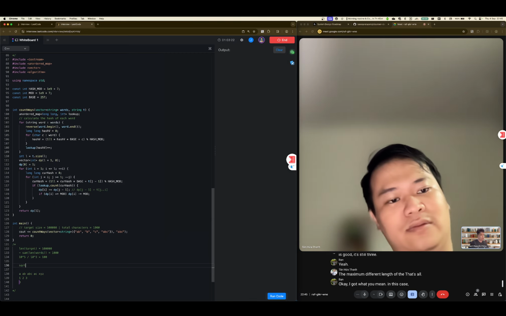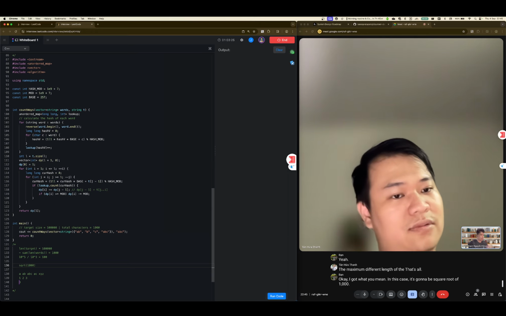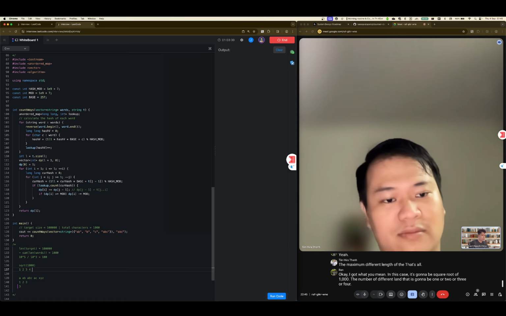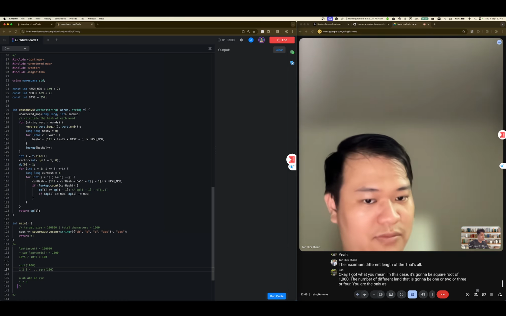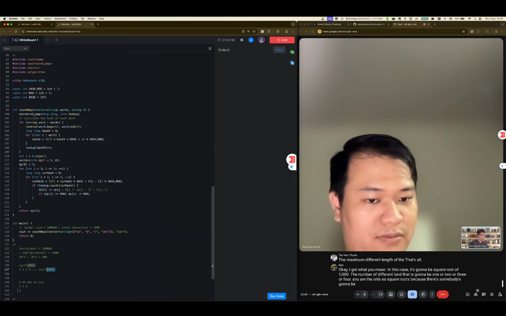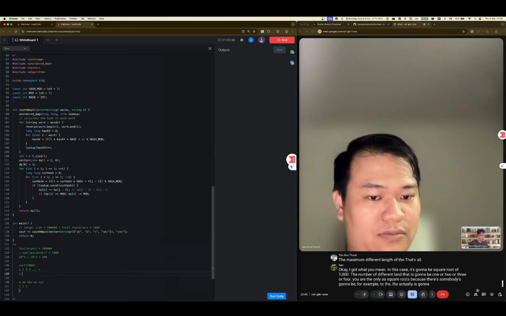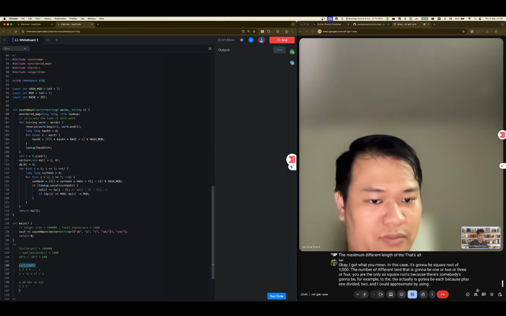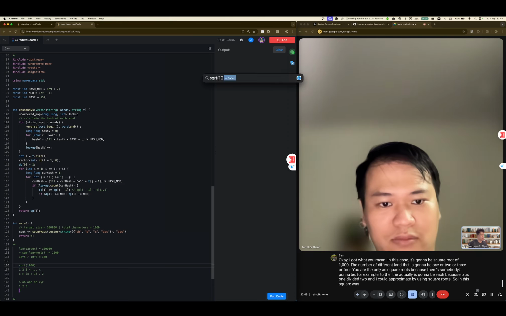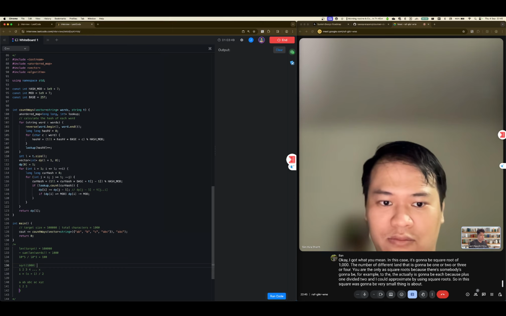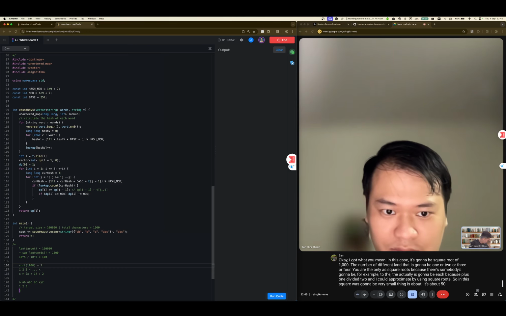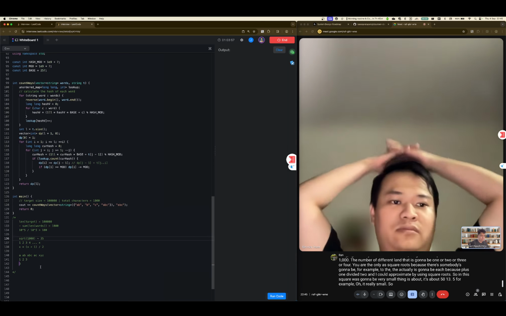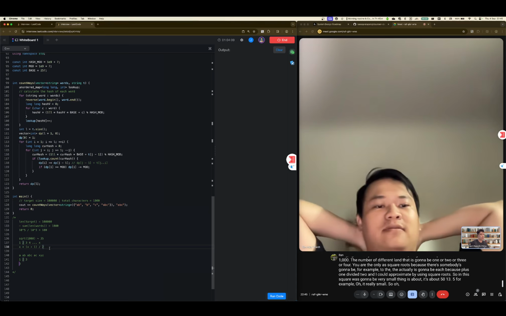In this case, it's going to be square root of 1,000. The number of different lengths is going to be 1 or 2 or 3 or 4. It's only a square root because the sum is, for example, h plus 1 divided by 2, and I could approximate by using square root. So this square root is going to be really small. I think it's about 30, 35, for example. It's really small. So a solution of